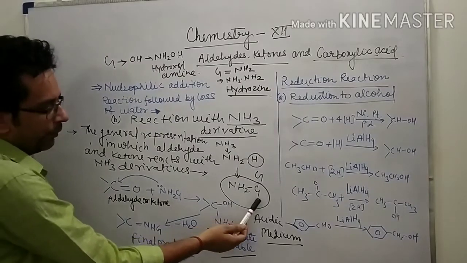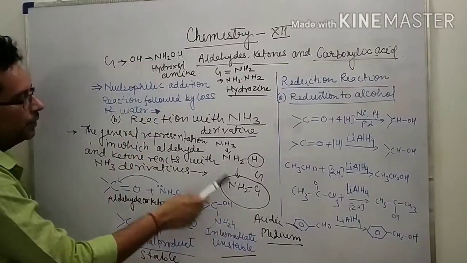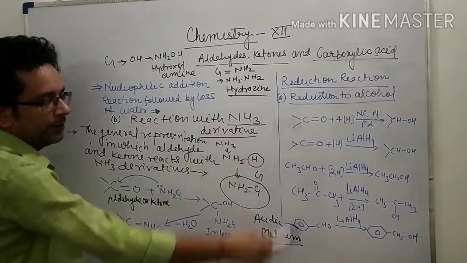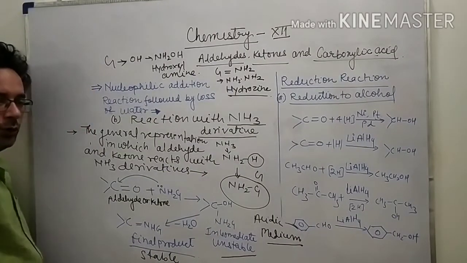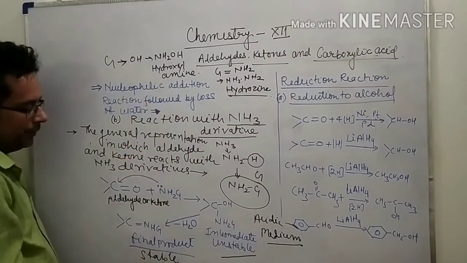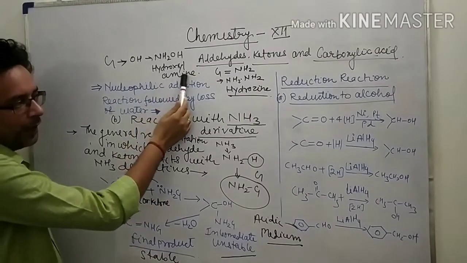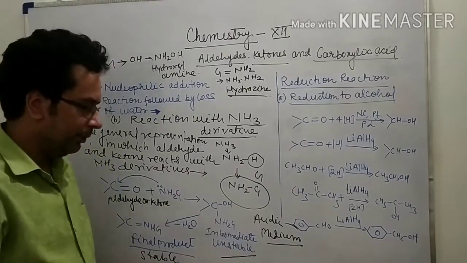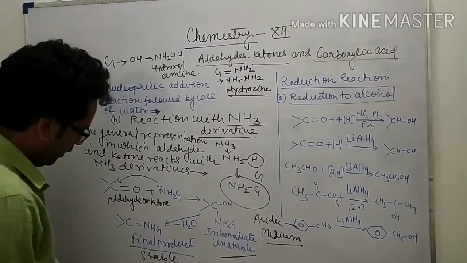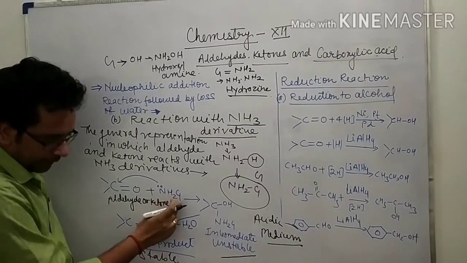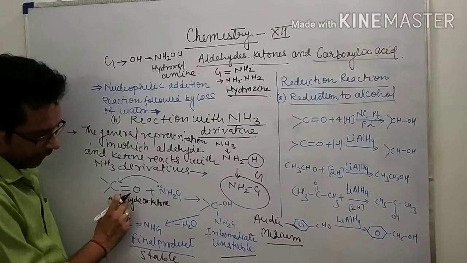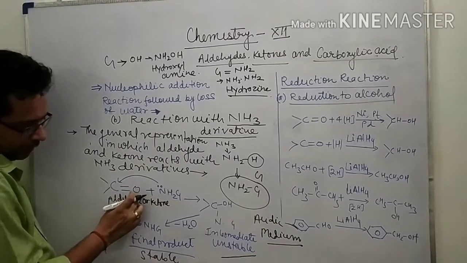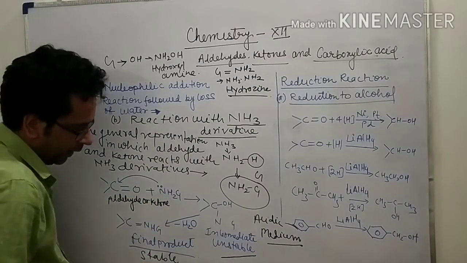G is a group. When G equal to OH, then this becomes hydroxylamine, and when G equal to NH2, then it becomes hydrazine. Next we are going to discuss the reaction of aldehyde or ketone with hydroxylamine or hydrazine. Now one mistake, so all of you look here. When NH2G reacts, there is formation of one hydrogen along with oxygen, that is water. So all of you correct it.